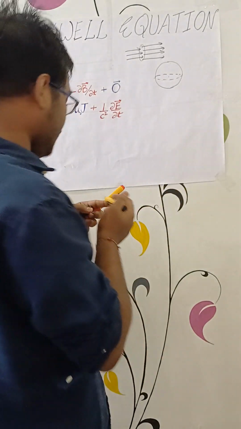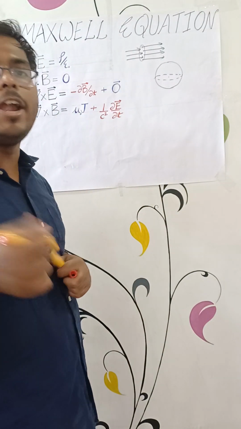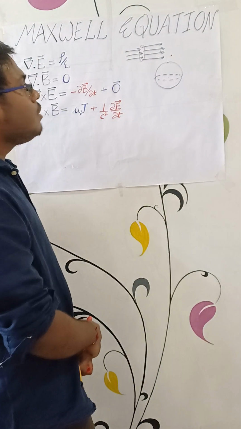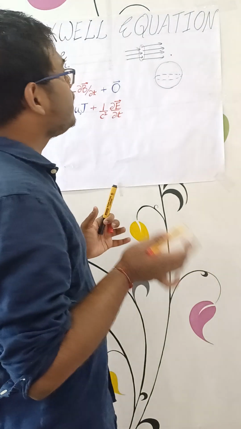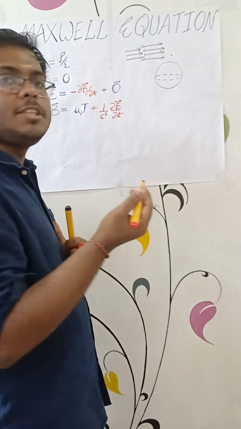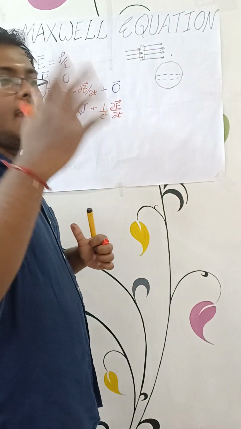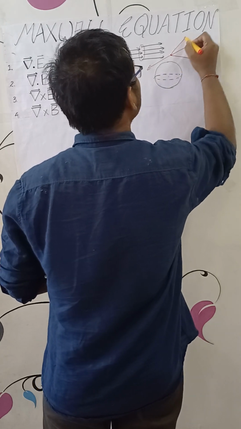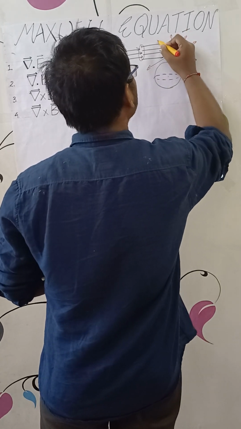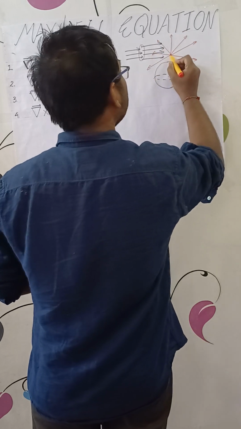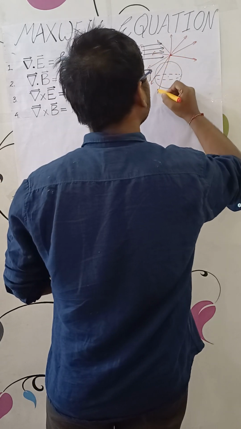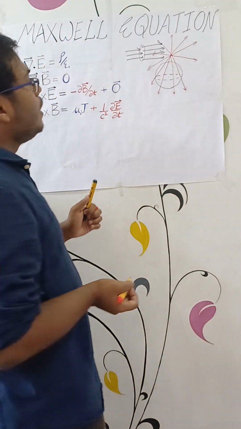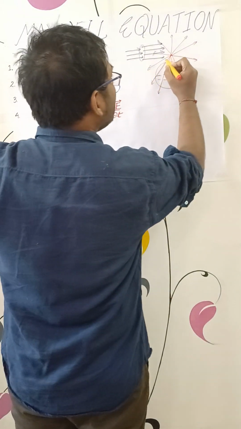The point is that suppose now I take a point charge and I place it beyond this closed surface here. Everyone has read that the point charge liberates the electric field in a radially outward fashion. So like this. Some lines will of course pass through this. Now you see there are 4